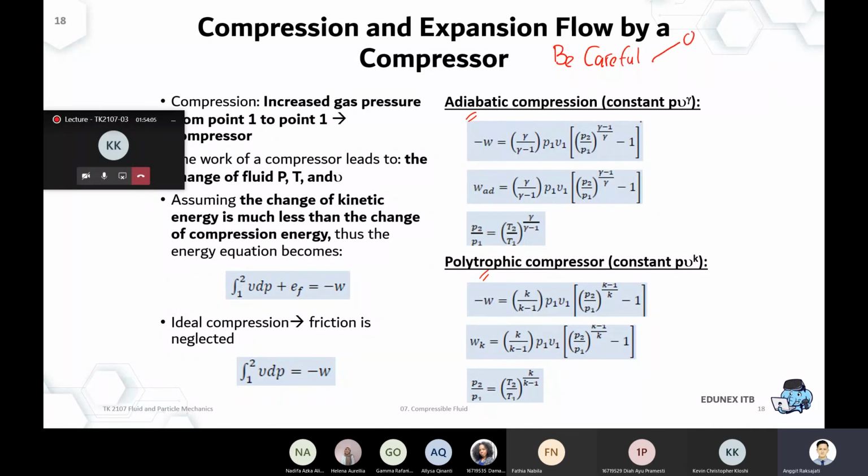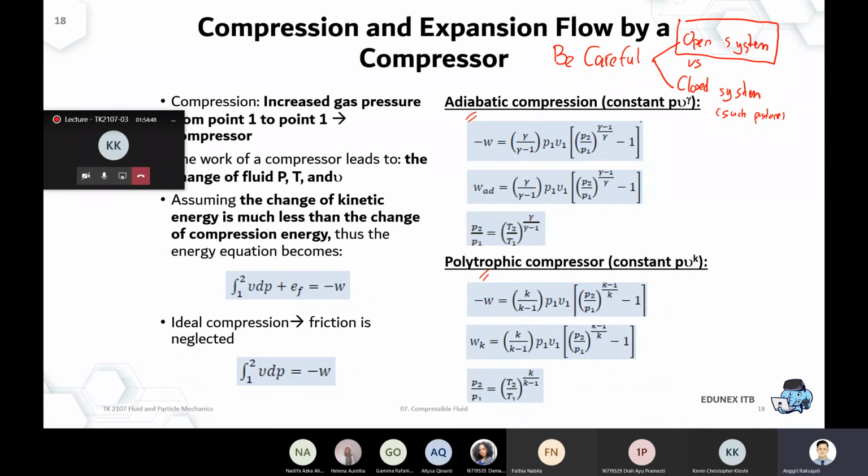Be careful, open versus closed system. Be really careful. Compressor, we are talking about an open system. So the formula is similar to, but not exactly the same as, a closed system such as a piston. So if you read Smith-Van Ness in chapter 2 or chapter 3, and you want to match my formula in my slide with Smith-Van Ness, you may notice some difference. The difference is because one is talking about an open system, one is talking about a closed system.